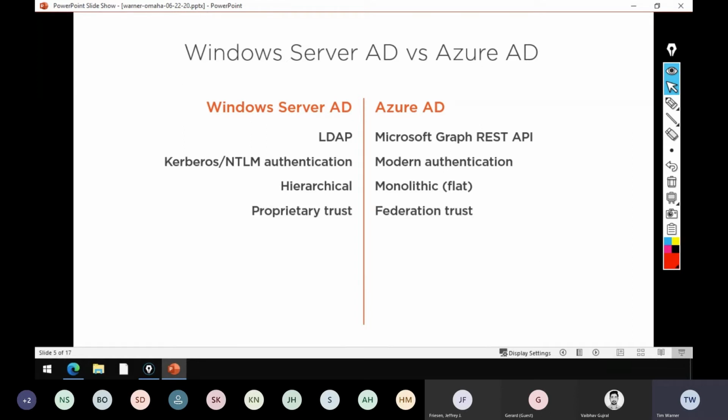In terms of trust, in Windows Server, you've got your forest trusts, your transitive domain trusts, etc. It's all proprietary, isn't it? Yes, it's LDAP. Yes, it's using Kerberos and some open source-ish components, but largely it's proprietary. With Azure AD, we're talking federation trust. Trust between Azure AD tenants, trust between your Azure AD tenant and a third-party identity store like Google or Twitter. We'll get into more about that momentarily.